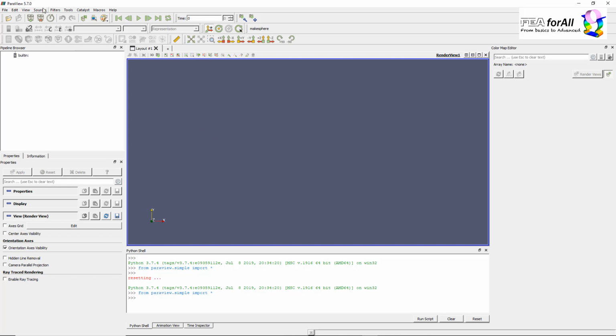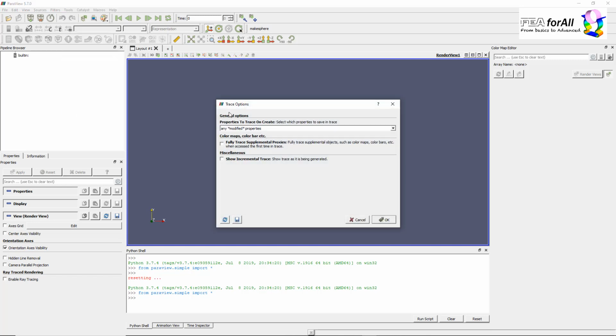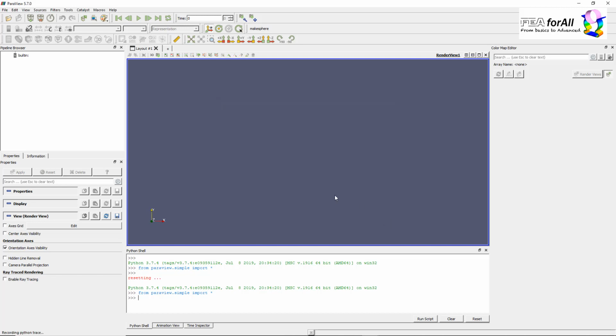It's more or less the same stuff. So there is in the tools menu, you have start trace. So just activate this and you have a few options that you can play with. You can record all properties, so then you'll have a very big script with everything that has been done by Paraview, or you can record only modified properties. So I'll just use this one because it's cleaner and shorter. Okay, and once you do that, you don't see anything happening, but actually what happens is that the GUI starts